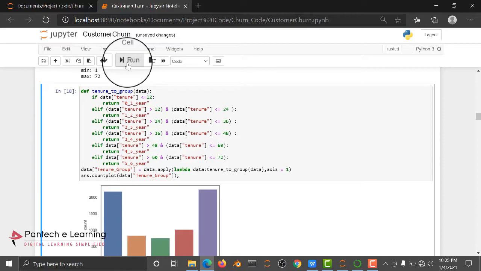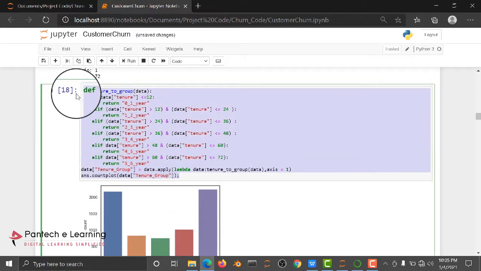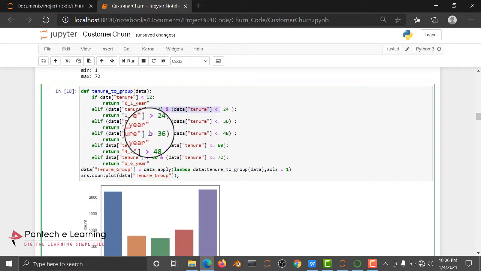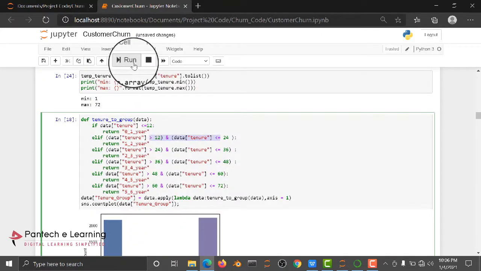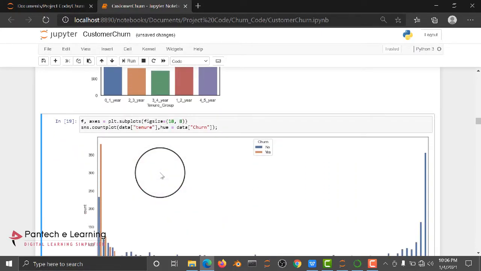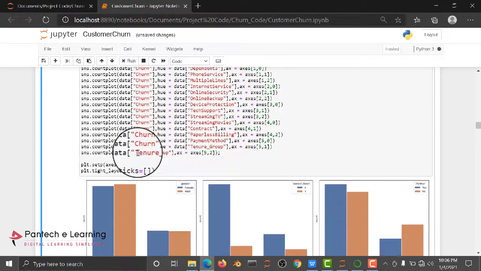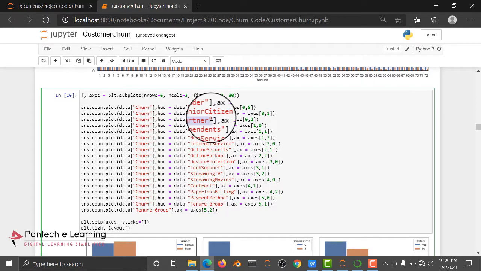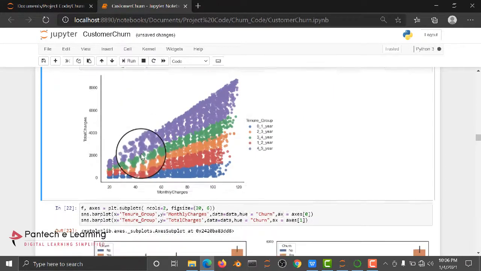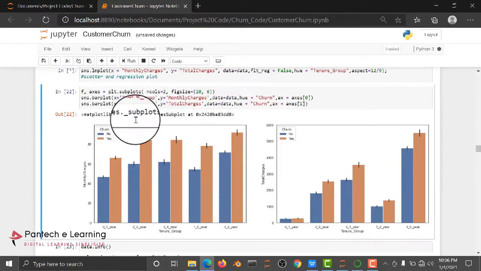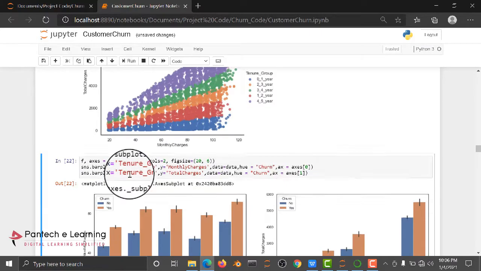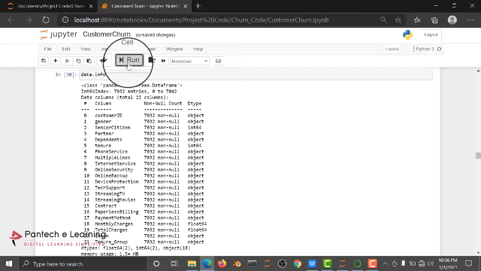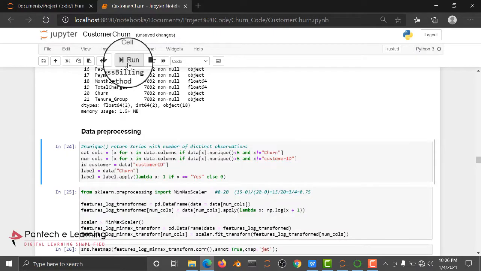So just for checking that one, and then here I am segregating each and every group age wise. Okay, that is, year of experience wise we are checking, and here we are plotting the graph based on that, and then here we are using churn with each and every attribute, how they are performing, and then here we are using lmplot, and after lmplot we are showing a bar plot of churn, and after this we are going to do pre-processing.